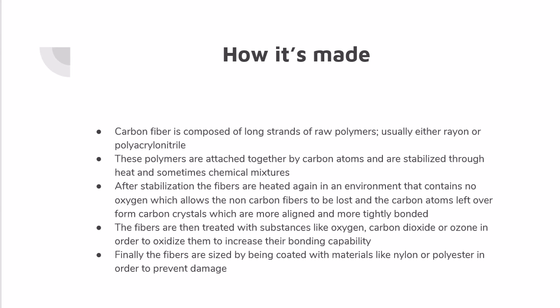How it's made. Carbon fiber is composed of long strands of raw polymers, usually either rayon or PAN. These polymers are attached together by carbon atoms and are stabilized through heat and sometimes chemical mixtures. After stabilization, the fibers are heated again in an environment that contains no oxygen, which allows the non-carbon fibers to be lost and carbon atoms to be left over to form carbon crystals, which are more aligned and more tightly